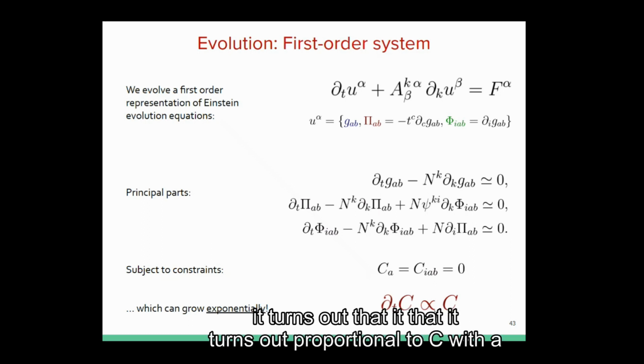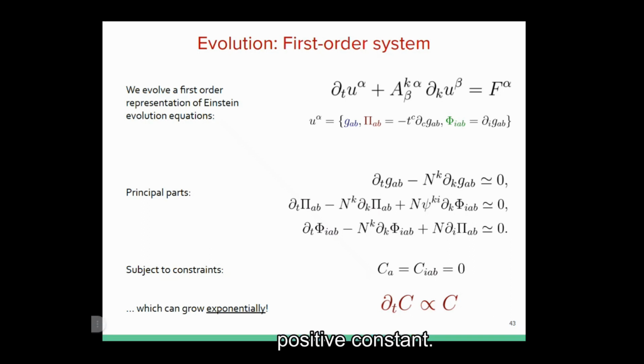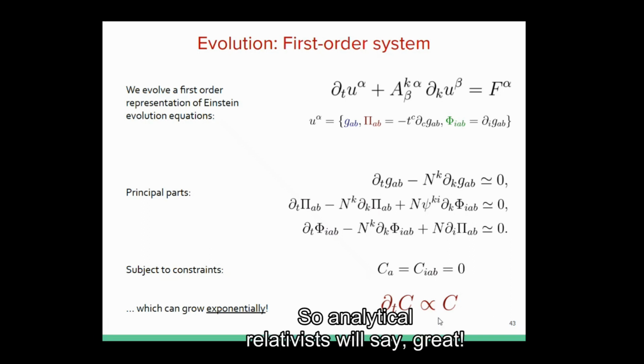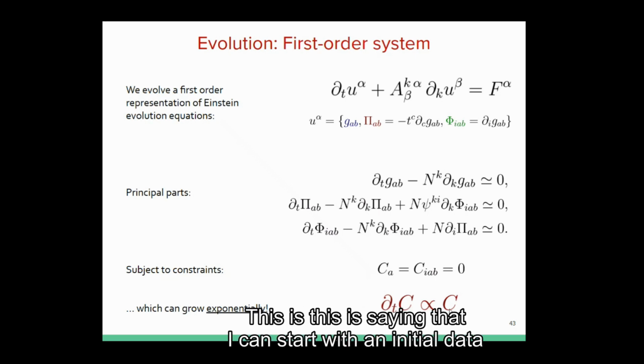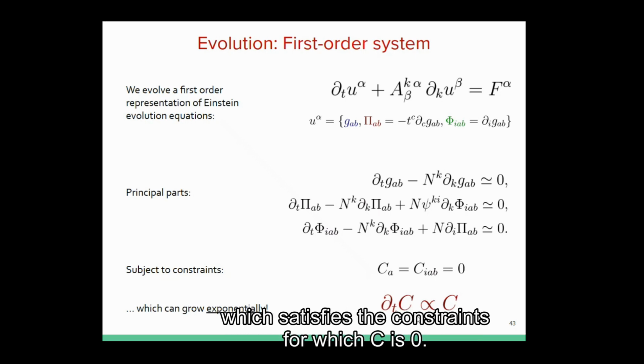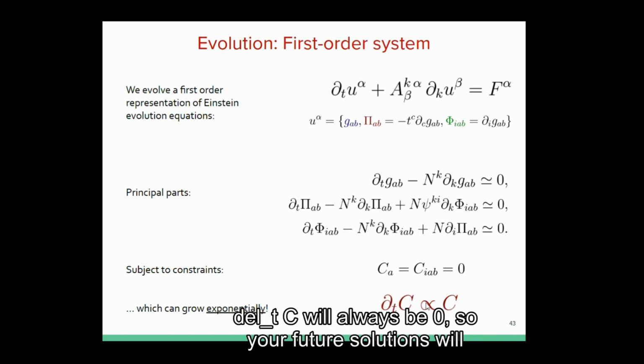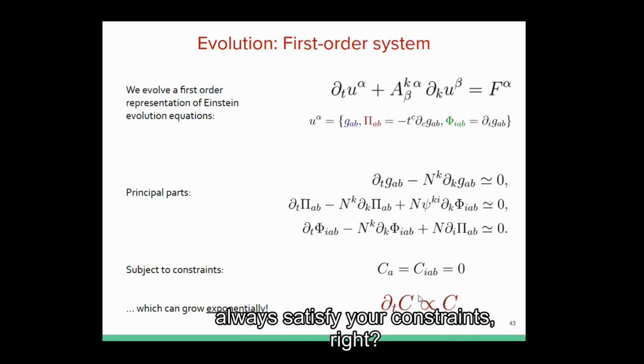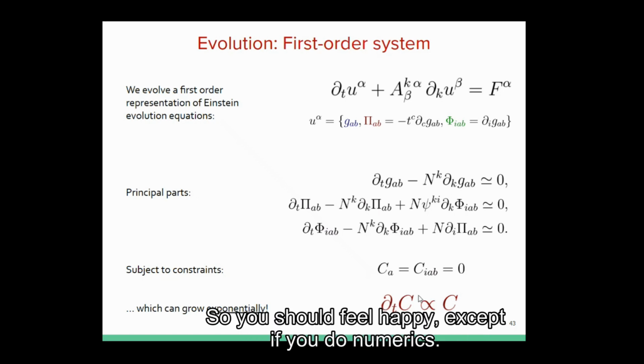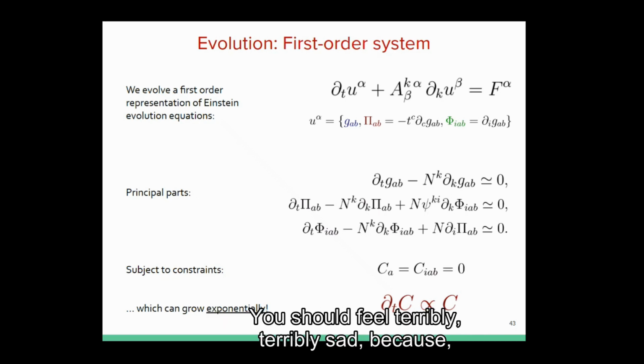it turns out that the right-hand side has terms proportional to C with a positive constant. What does that mean? So analytical relativists will say, great, this is good. This is telling us that if you start with an initial data which satisfies the constraints, for which C is zero, del t C will always be zero. So your future solutions will always satisfy your constraints, right? So you should feel happy, except if you do numerics, you should feel terribly sad because